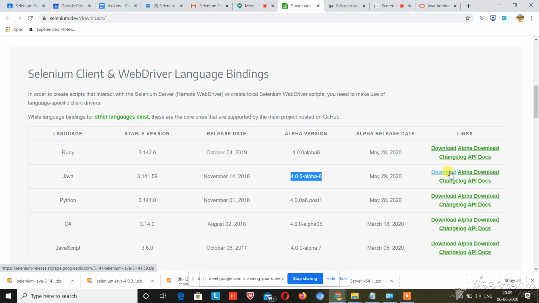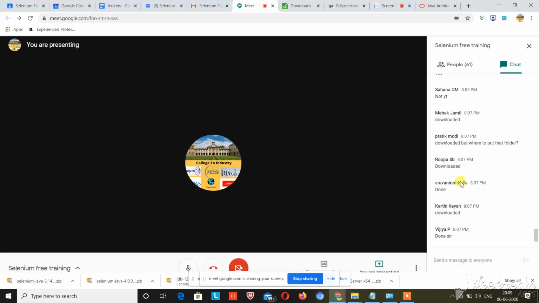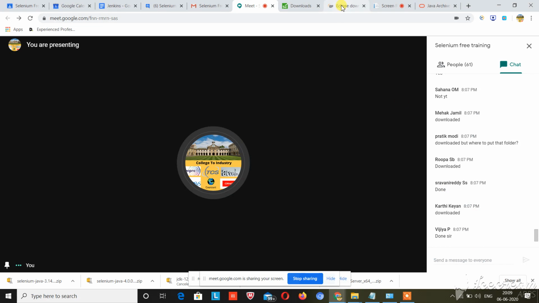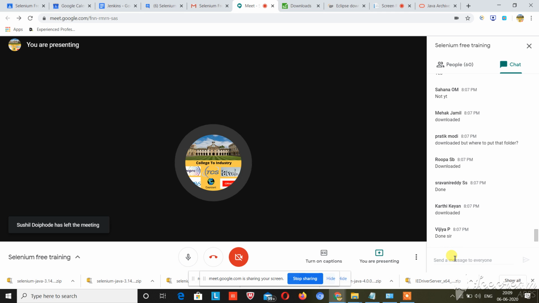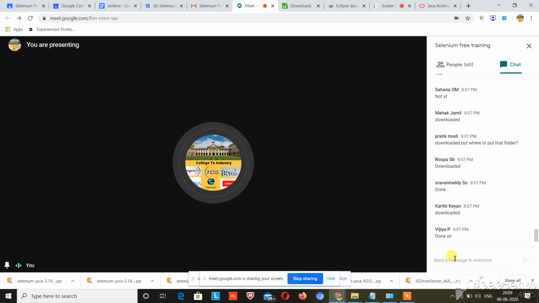These are the stable jars, so click on this download link, and after that the jars will be downloaded. Guys, download these jars as well. Are you downloading those jars as I referred the second time?